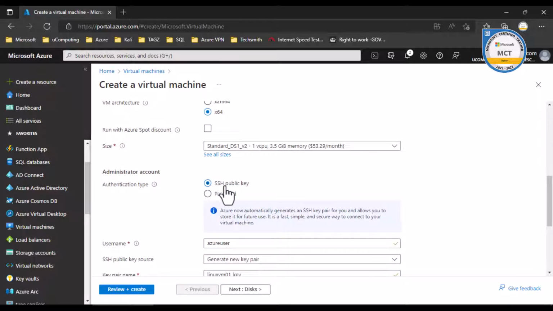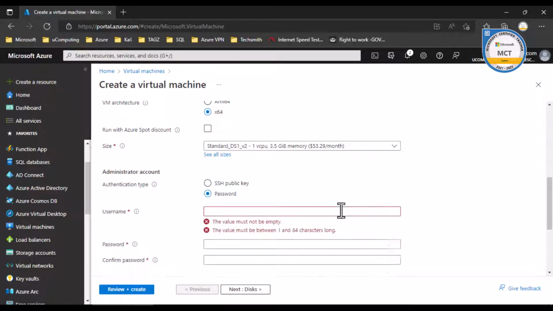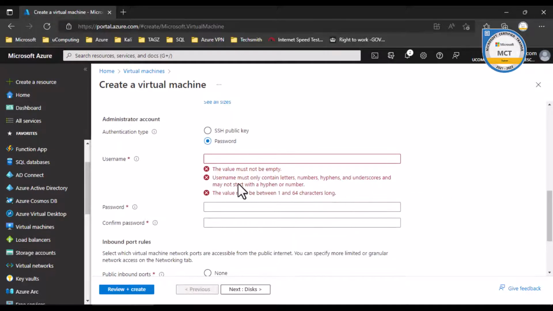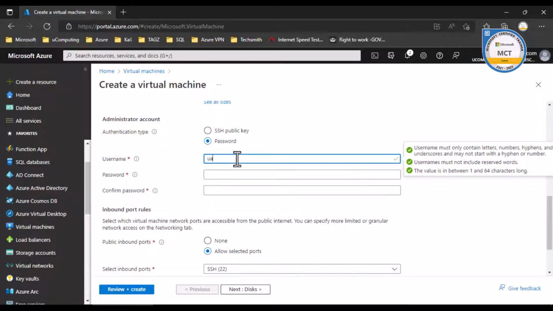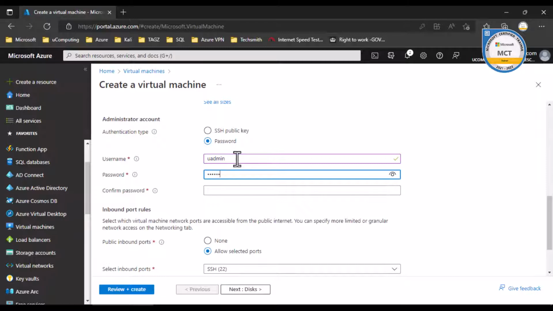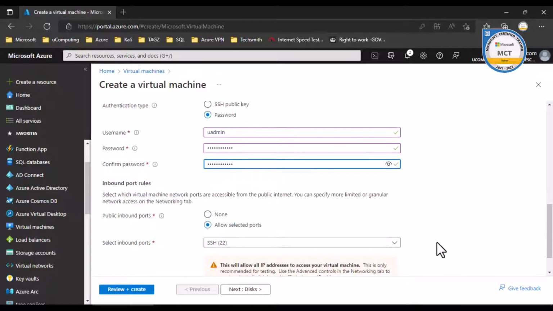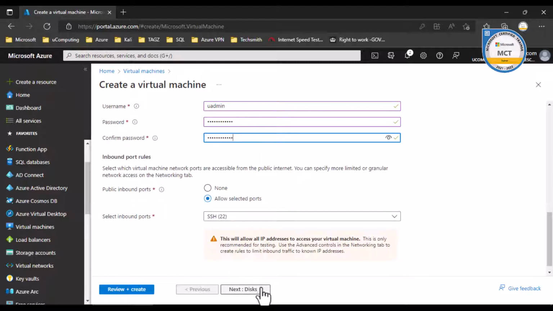I'm not going to use an SSH public key. I'm going to just use a username and password to connect to this Linux VM. So I'm going to specify a name here. I'm going to call this username uadmin, and then specify a password. Okay, now I'm going to make sure the SSH port is opened on my firewall. So I'll leave the default because that's the port number you're going to use to connect to this Linux VM